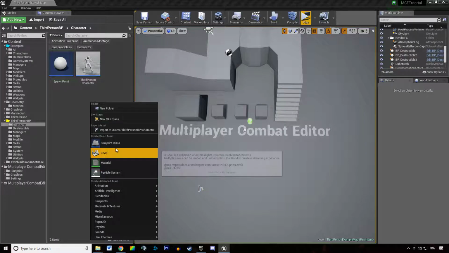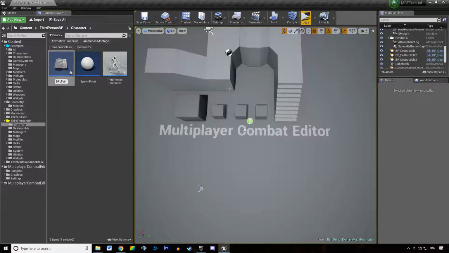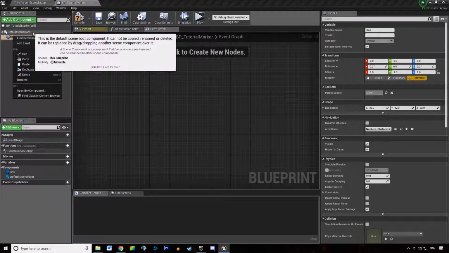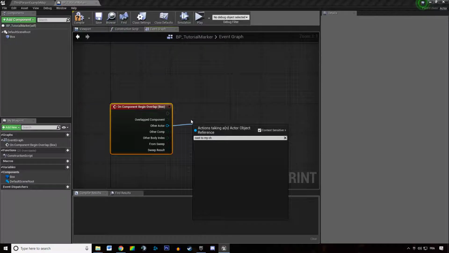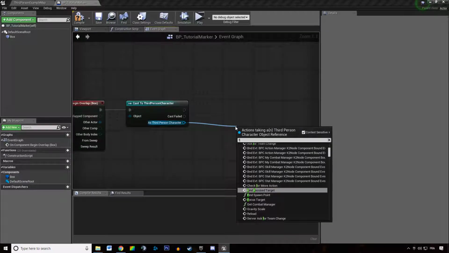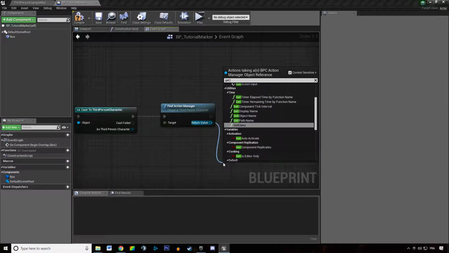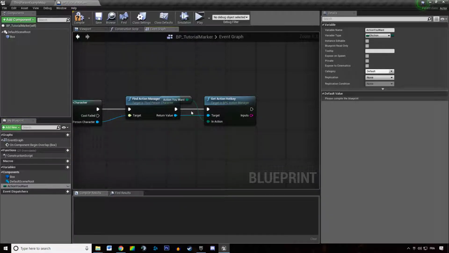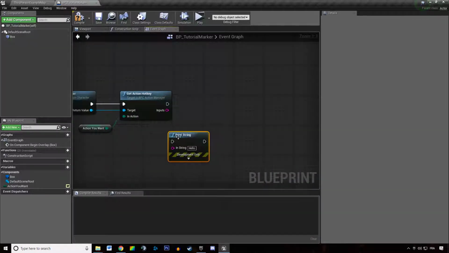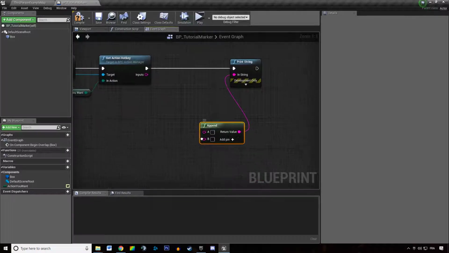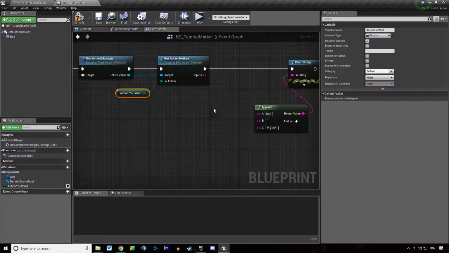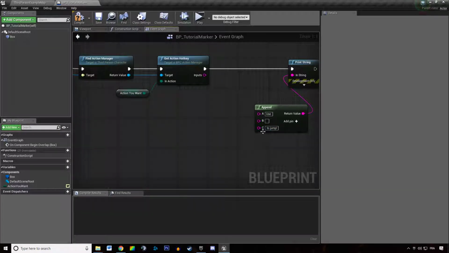And for instance, you could be building a simple actor BP, I don't know, tutorial marker, for instance. And this is going to have a box collision. And when someone begins overlap with the box, if someone is a character, you are going to find the action manager of that character and you are going to get the hotkey, for instance, and you are going to promote that action to a variable and make that public, and we are going to print that append, and you can say stuff like this. Use the inputs to